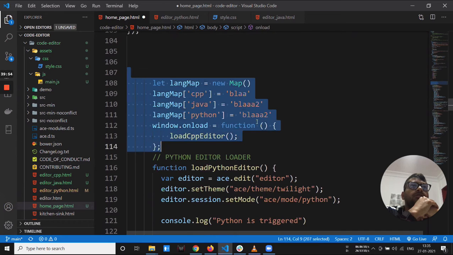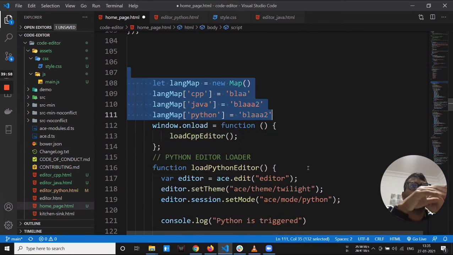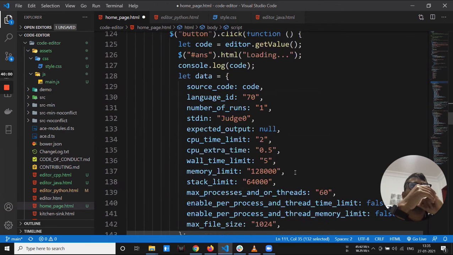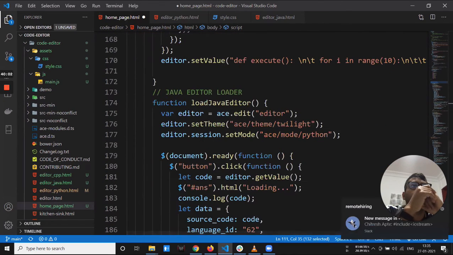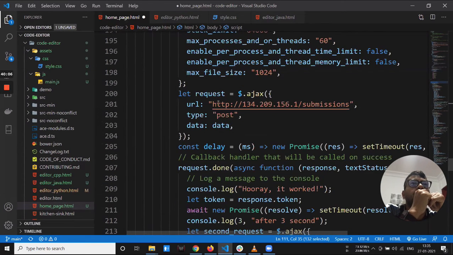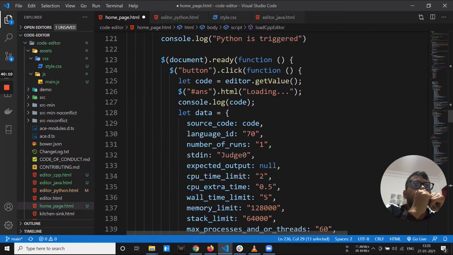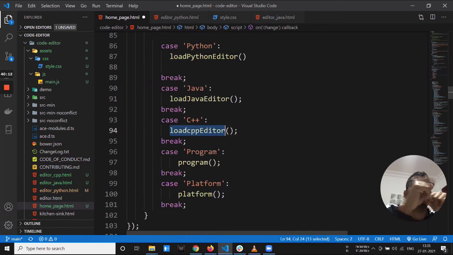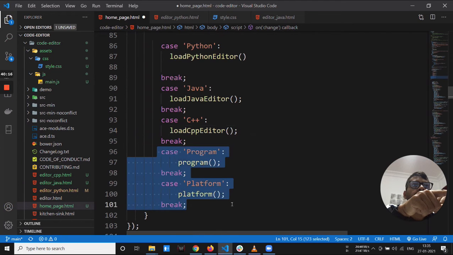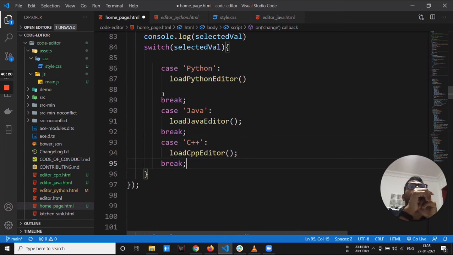Not this one, keep it, we'll use it. Go on the select switch case. We have two more, right? On the select switch case, program and platform, we don't need those. Just delete this. And now let's run the other code and see if it works.